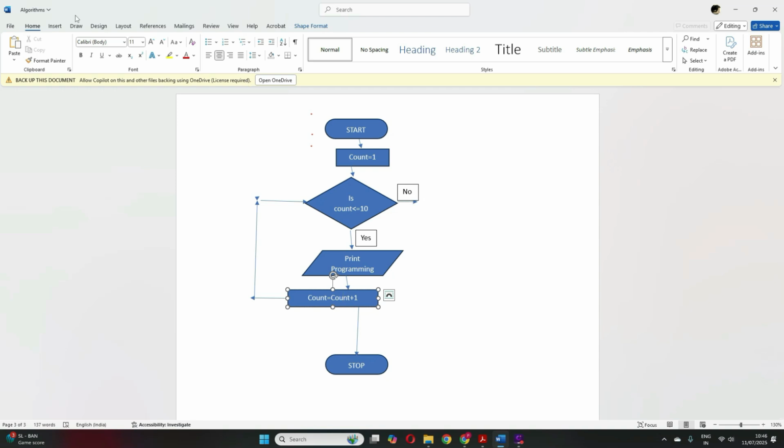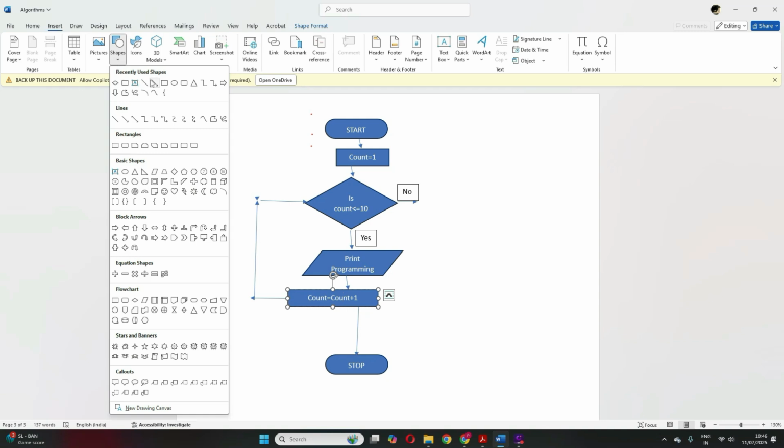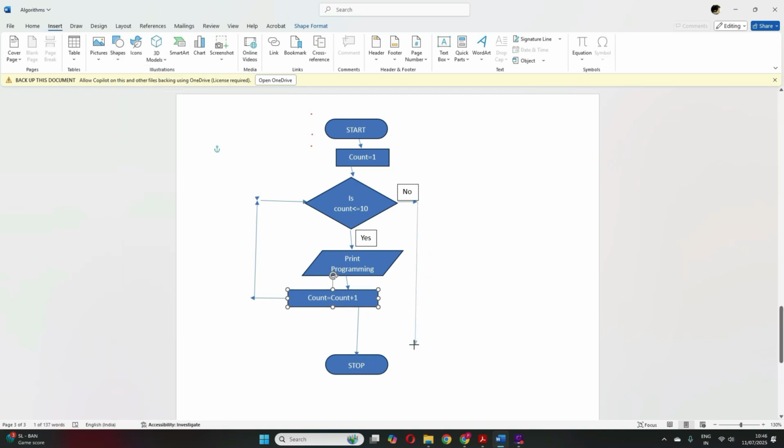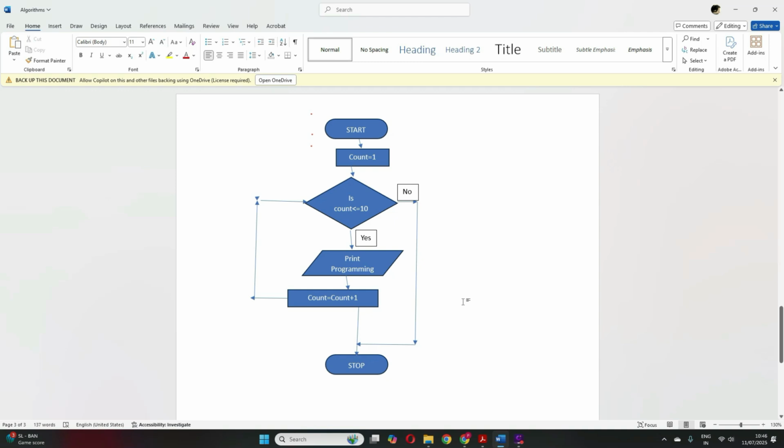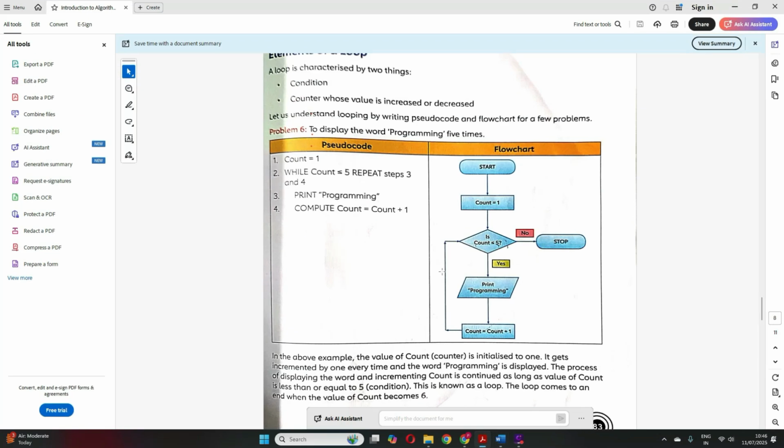No, and then you have to stop it. So we will go down to stop. Correct? So if count is greater than 10, then we have to come and stop. I hope this is clear. So if you see, this particular step, print programming, is being performed repeatedly 10 times until this condition is satisfied for us. Once this condition is not satisfied, we will stop it. So is it clear? The repetition.